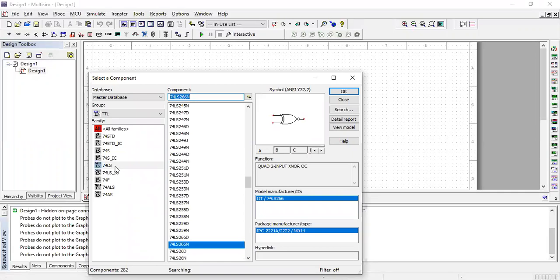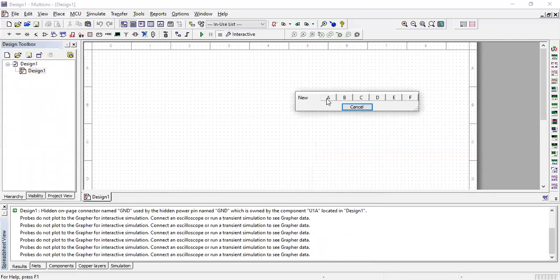So you can see different types of gates and IC numbers available in the TTL logic family option. We have to select all the logic gates according to their numbers from this component list. Firstly we are going to select the NOT gate, and the NOT gate IC number is 7404. So we are selecting the 7404 NOT gate. As 7404 has 6 NOT gates, we are selecting only one NOT gate.